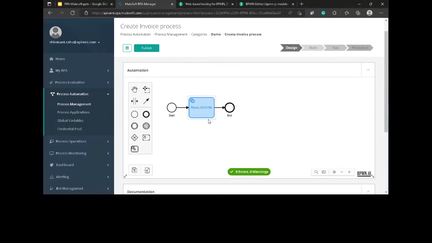Once it is designed, any questions on the design process, guys? Nothing complex here. It's very straightforward, like a flowchart. You have to design a flowchart of your process, what happens when, and there is no connection to any API or database here. When we implement this, then we'll do those things.